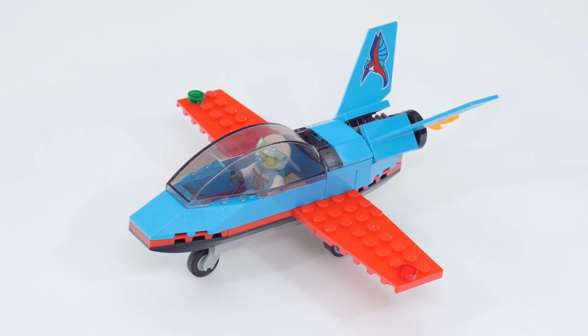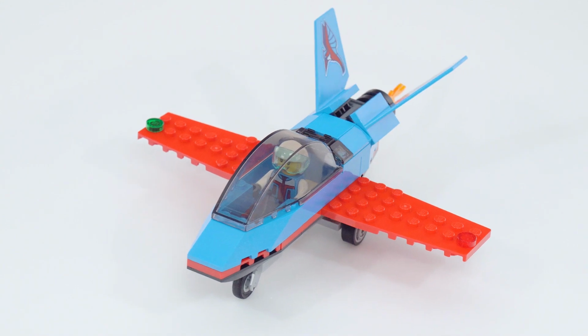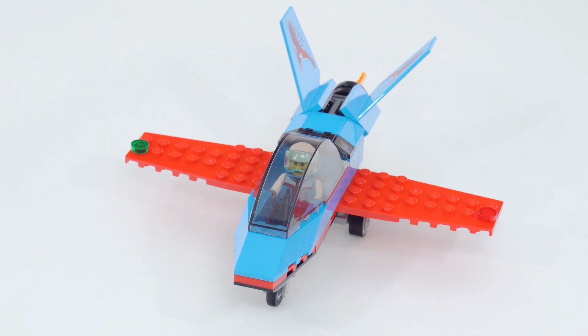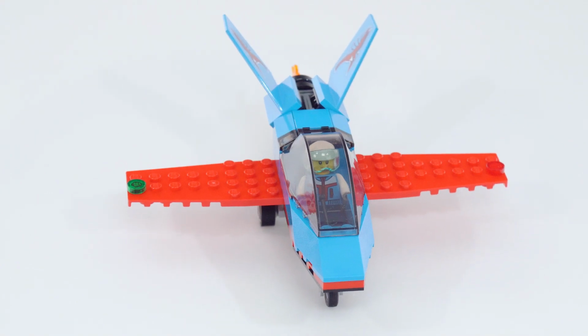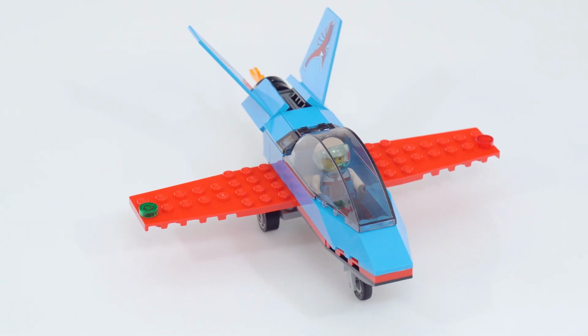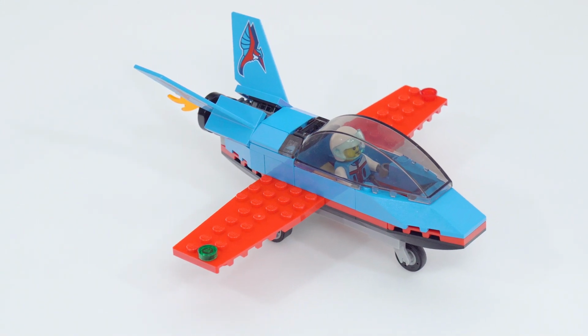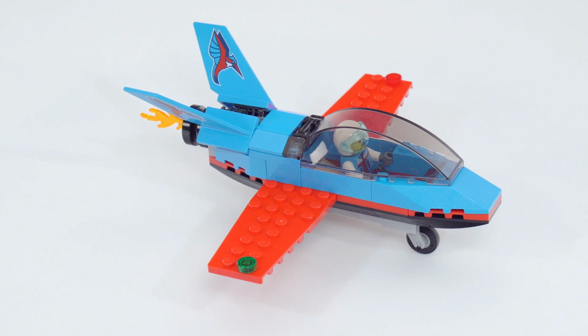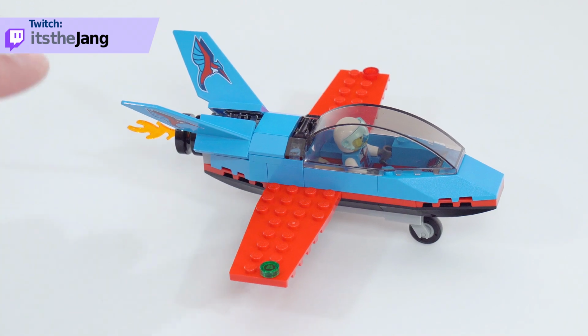Hello everyone, this is a quick look at the LEGO City Stunt Plane for 2022. I bought this for its suggested retail price of $10 US, and it's intended for kids 5 and up. I think it does a very good job of being just a small, cheap plane with a pilot figure included. At the 5+ level, you do still sometimes get stickers, but in this case, you